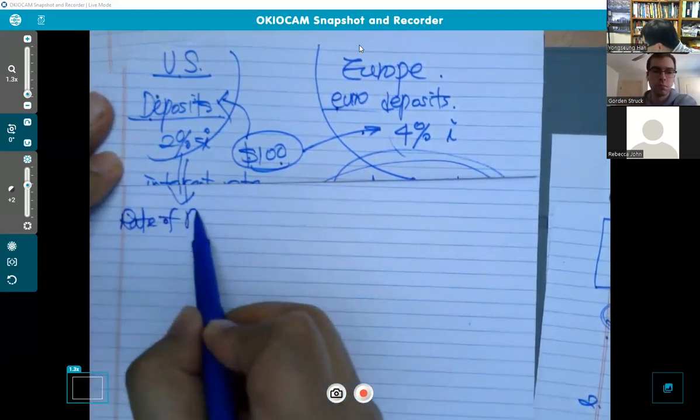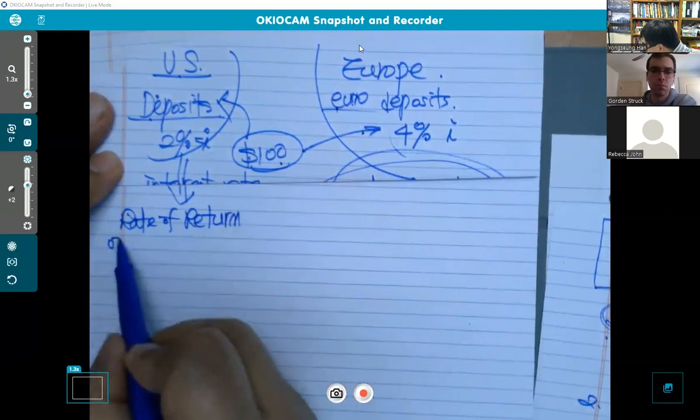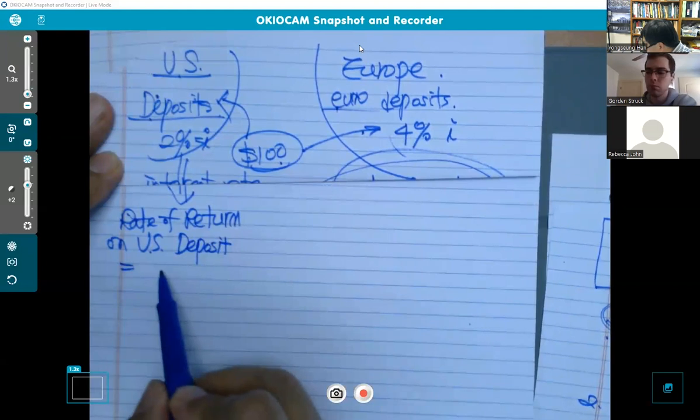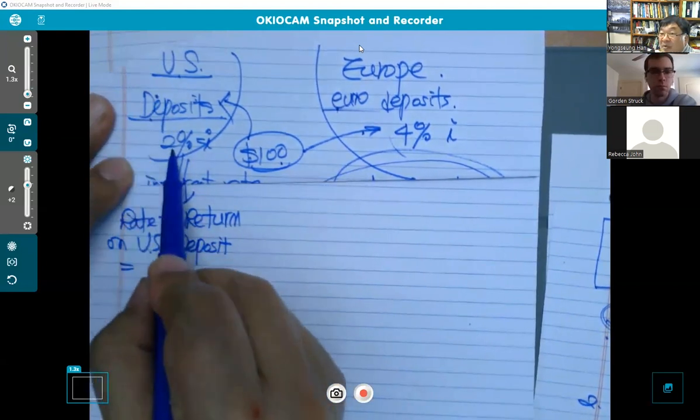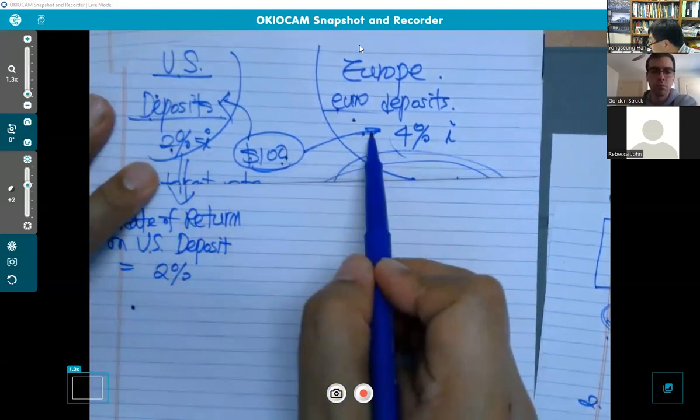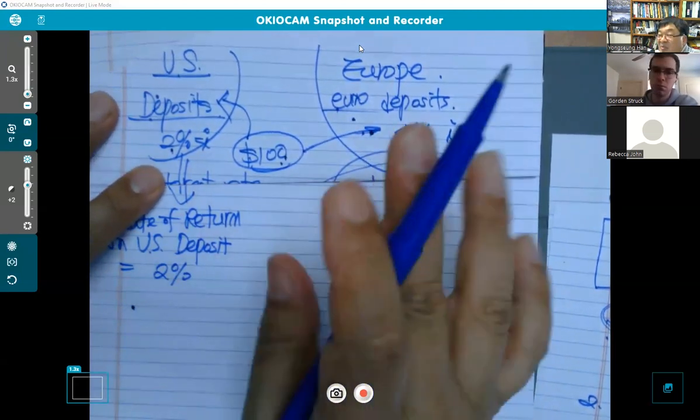the rate of return on the US deposit is simply 2%, the same. Okay, same 2%. But in this case, when you put $100 into a Euro deposit, then it becomes a little bit